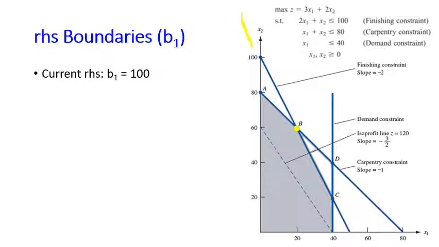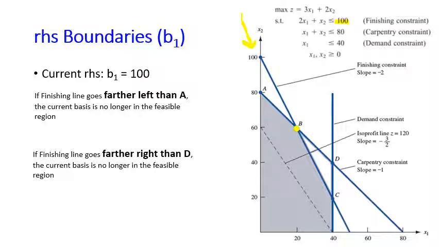So the current position is when we have the right-hand side equals 100. We have seen from the previous slide that when we shift the finishing constraint farther left than A or farther right than D, the current basis is no longer optimal, because the intersection between finishing and carpentry will fall outside of the feasible region. So what is the right-hand side value if we want to go farther left than A? Well, you can just plug in this point A,